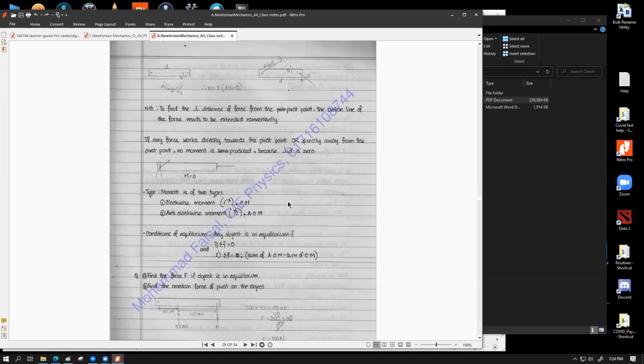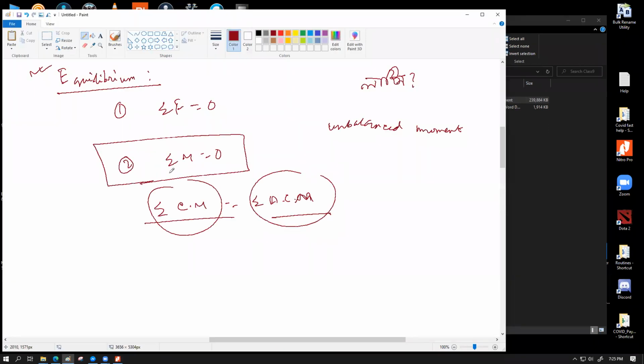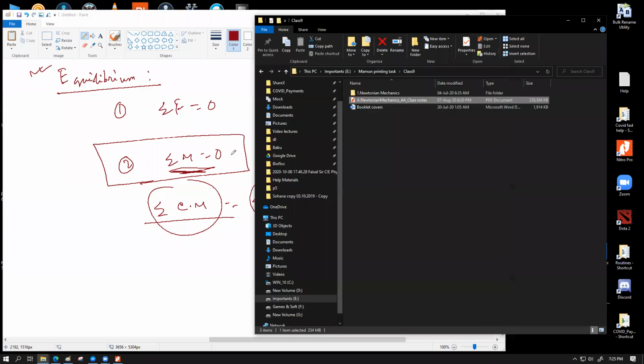স্যার, কি করব আরেকবার একটু বলবেন? এই যে এখানে পড়ো, পড়ে দেখো বুঝো কিনা। Conditions of equilibrium. Any object is in equilibrium if resultant force is 0. তারপর আবার কি লেখা আছে? Resultant force is 0 আবার লেখা আছে না, এটা resultant moment হবে। এই F টাকে ক্রস করে ক্যাপিটাল M লেখো, বা এই পুরো লাইনটা কেটে দাও, নিচে লিখো সাম M, something that I did over here. এই যে এইটা, বুঝছো? জি স্যার।